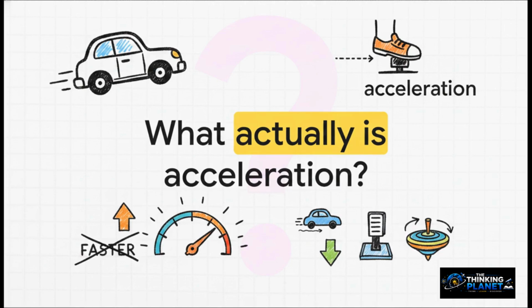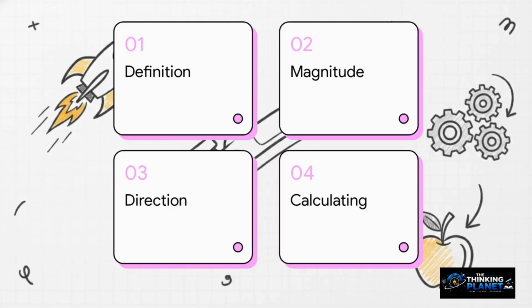To a physicist, slamming on the brakes at a red light, that's a form of acceleration. Spinning in circles on a playground merry-go-round at the exact same speed, that is also acceleration. I know, it sounds like absolute nonsense the first time you hear it, but by the end of our session today, you'll understand exactly why those statements are scientifically undeniable facts. Here's our syllabus for today's class. First, the true definition of acceleration. Second, magnitude, or speeding up. Third, direction, which is taking a turn. And finally, calculating acceleration step by step.